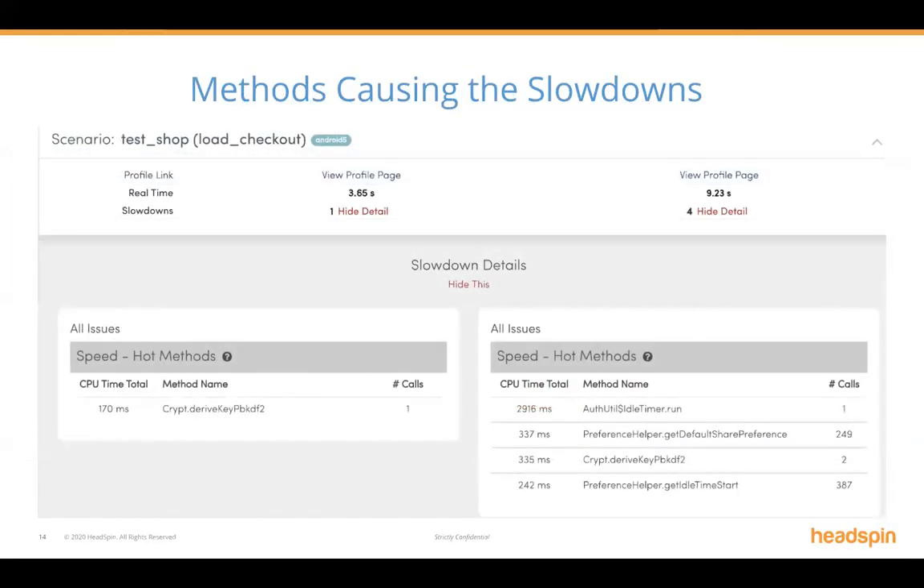Now we have more visibility into the methods that are causing the slowdown in the app. We notice that there are a lot of hot methods for the build that took 9.23 seconds. And these hot methods are basically background methods which do not necessarily hang the UI thread, but do consume a